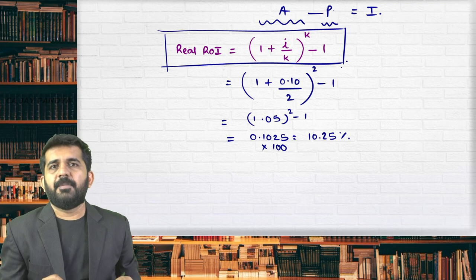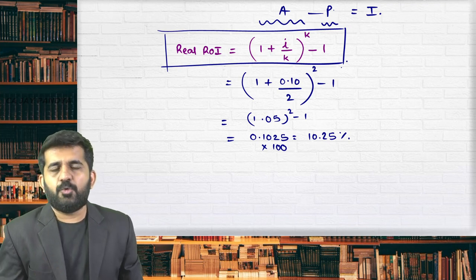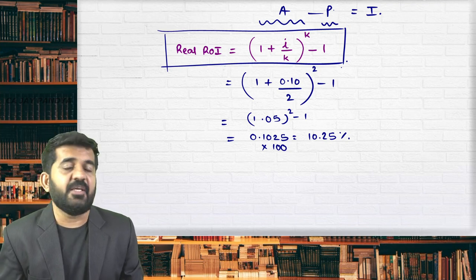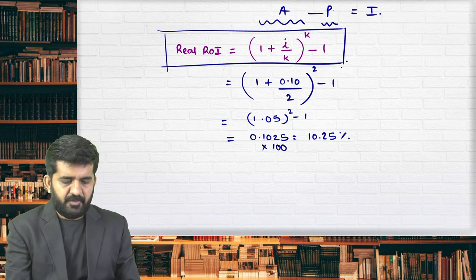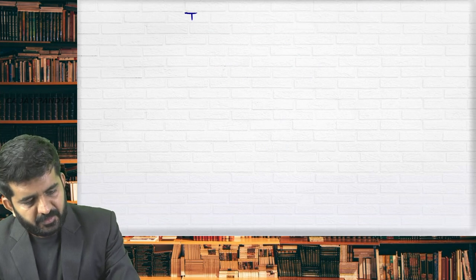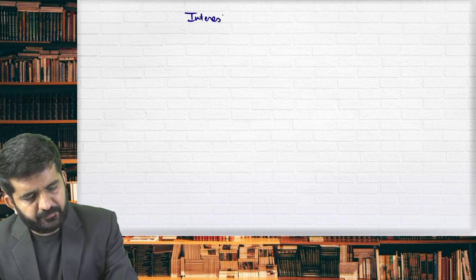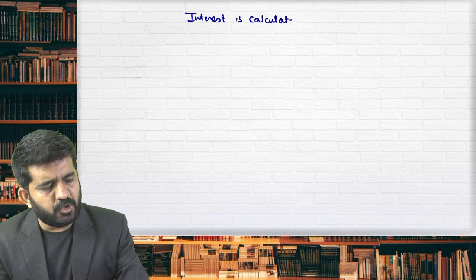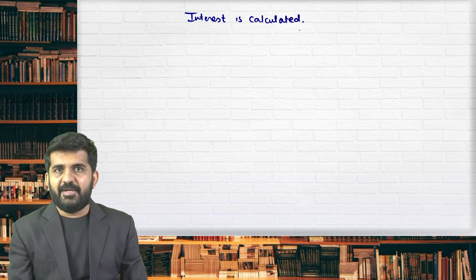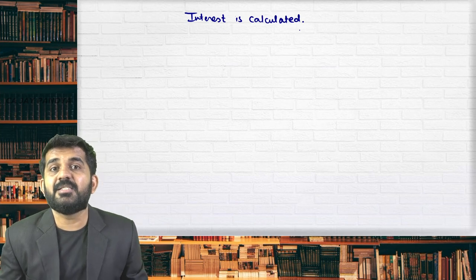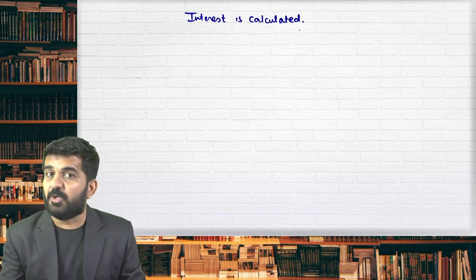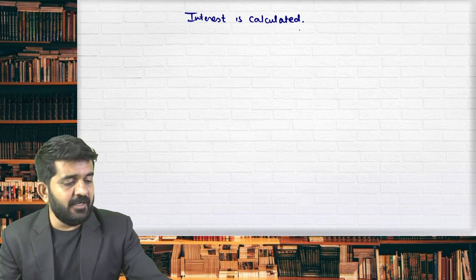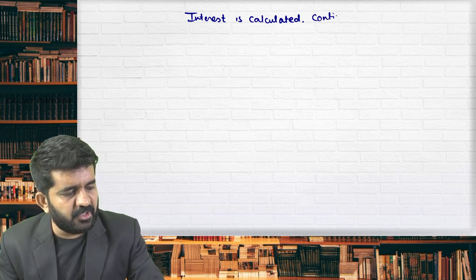So after completing this, please try to understand one more concept which you have not learned in your foundation level, even at your intermediate level. When interest is calculated, it is also sometimes spoken of as compounded. When interest is calculated monthly, we have taken K as 12, six monthly K as 2. But when interest is calculated continuously,